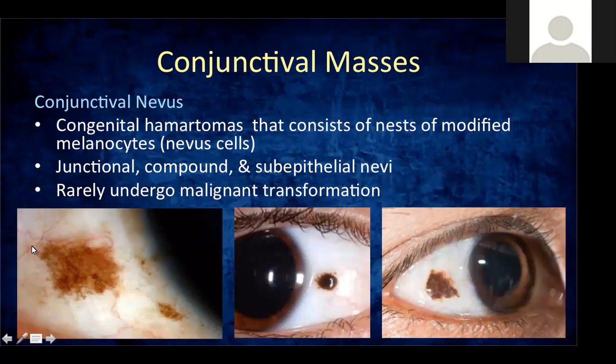If they come in this appearance where the borders are more irregular, you might want to do a biopsy. Okay, because you want to be sure that it's not malignant. But if it was present since birth and the growth is quite slow, most of the time that's non-malignant. Okay. They rarely undergo malignant transformation. So some you could just observe. Others, if they are unsightly, you may want to excise. But if you want to be sure, you have to request for a biopsy.